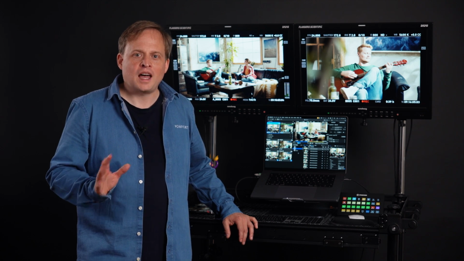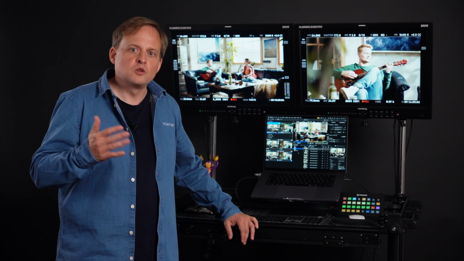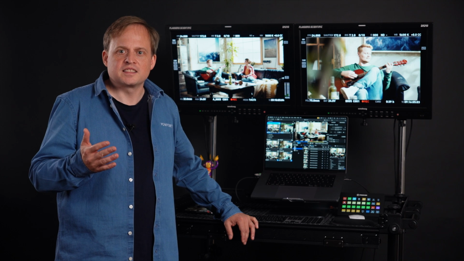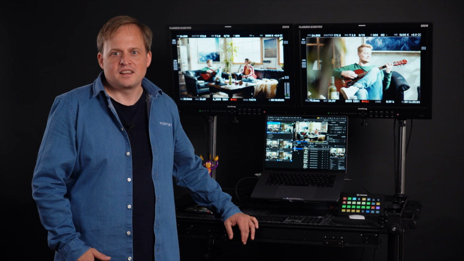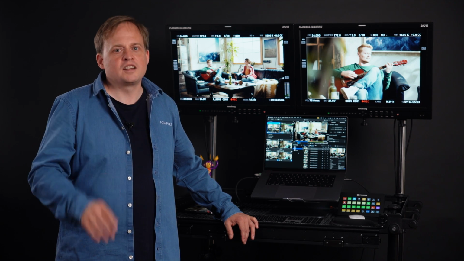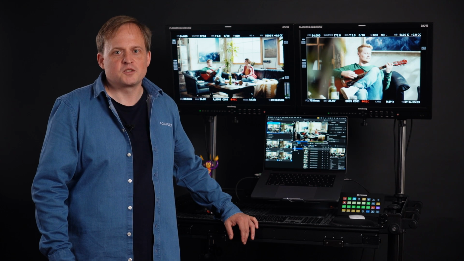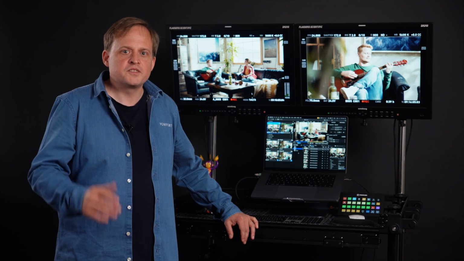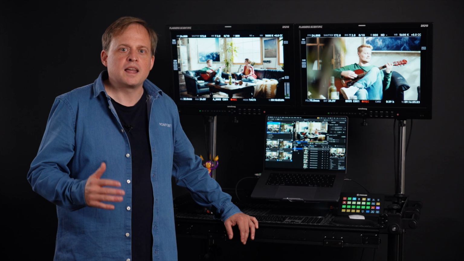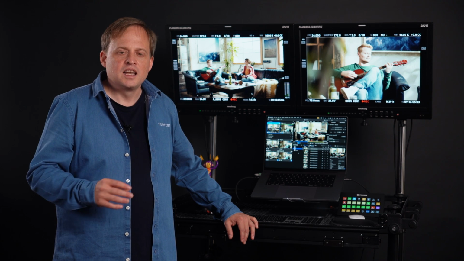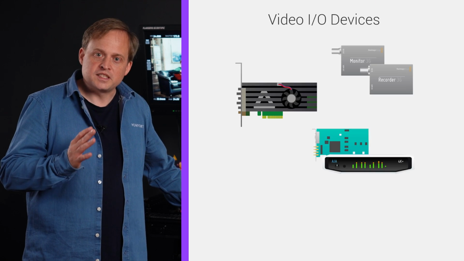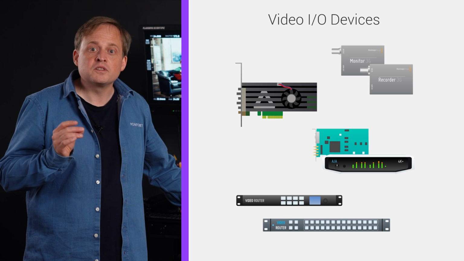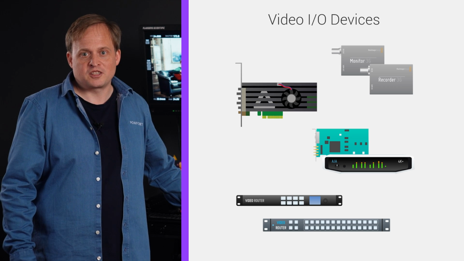Before we dive into Realtime Pro's slot concept and features, let's briefly talk about hardware setups. Depending on your production requirements, your setup might look quite different from one project to the next. And here's your first takeaway. Realtime Pro offers a huge range of device integrations to customize your setup. It supports various video I/O devices from AJA, Blackmagic and Deltacast. You can use multiple devices of the same type simultaneously and even combine devices from different manufacturers.